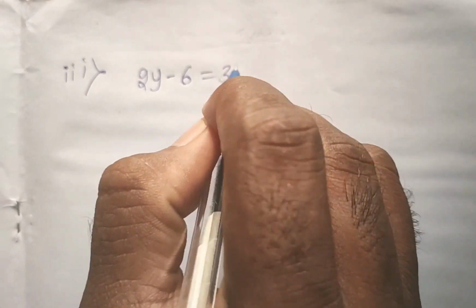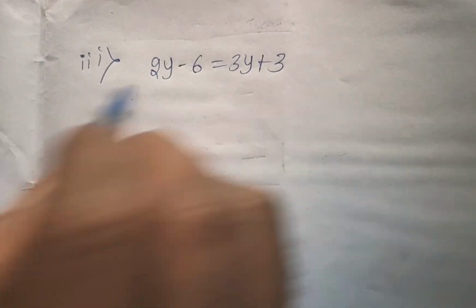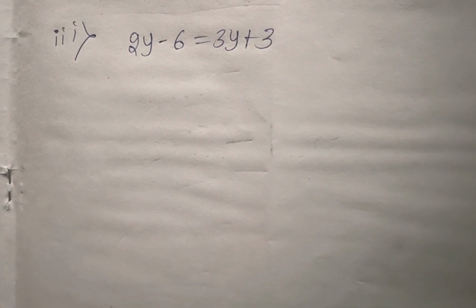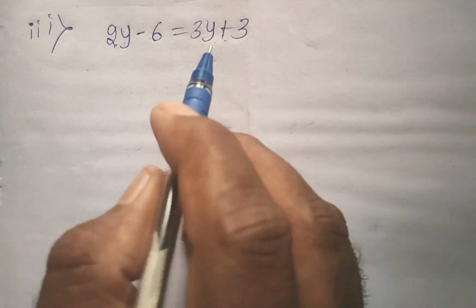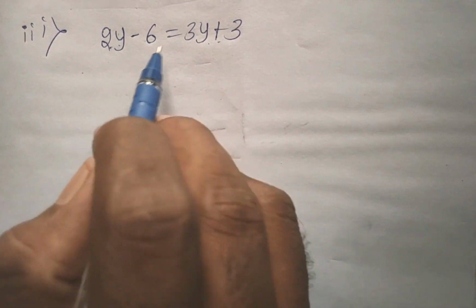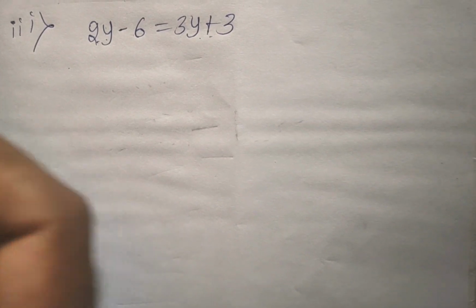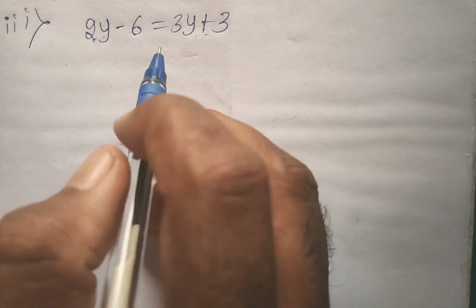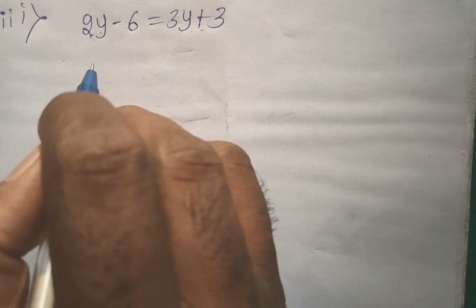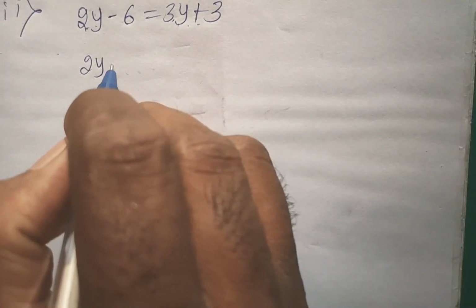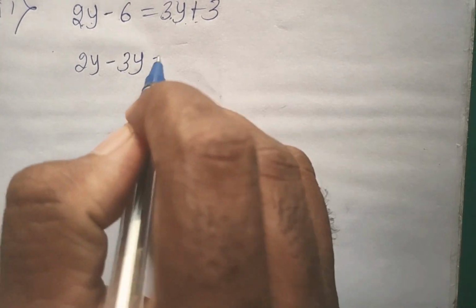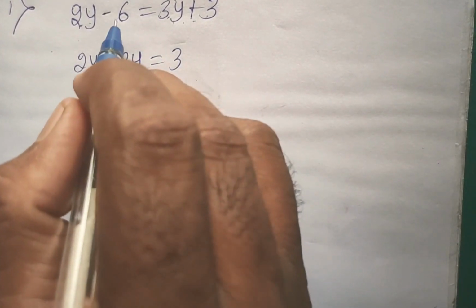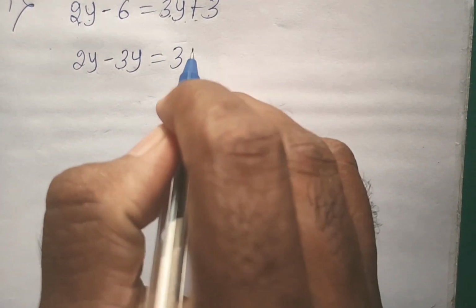2y minus 6 is equal to 3y plus 3. So this is the example. See, the variable is there on both sides. Already I explained that we need to shift the variables to one side and the constants to the other side. So take this 3y to this side, 2y, and it becomes minus 3y. 3 will be as it is here, and shift this minus 6 to this side,